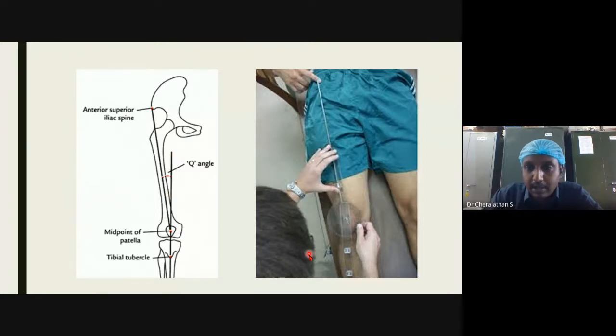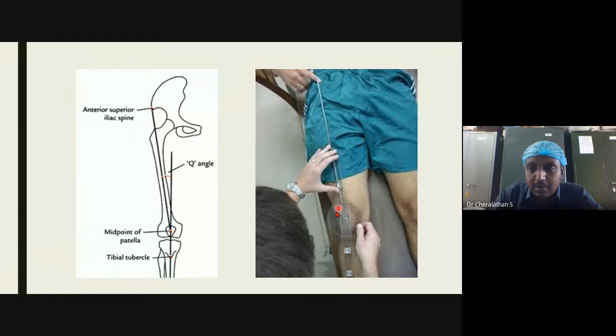Now, I will tell you the clinical method. Usually, this extension is not necessary. If you are actually doing it on a patient, you mark a point here, another point here, and usually a thread can be attached from here, and the patient can be asked to hold the thread exactly along the ASIS. The white line which you see is actually a thread. The patient is holding the thread at the level of ASIS, and here it has been plastered over the center of the knee. Another line can be marked on the skin using a skin marking pencil or a permanent marker, from the center of patella to the tibial tubercle.